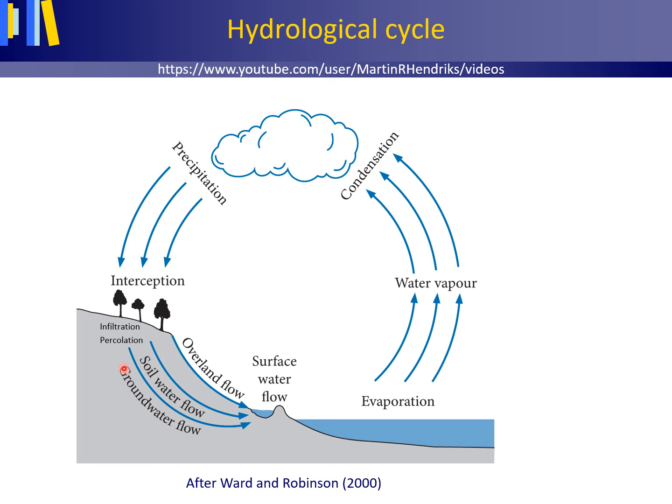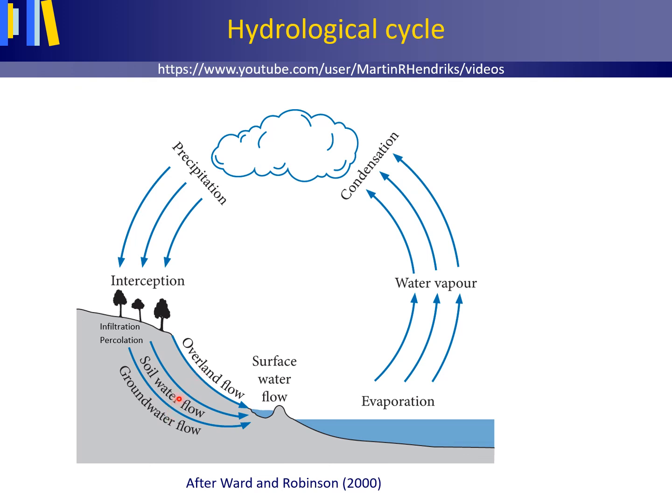Water stored as groundwater can very slowly contribute to surface water in the streams. Also, in sloping terrain, water can flow above the water table as soil water flow. Part of the water that does not infiltrate is stored at the land surface, from where it can flow over the land surface, a process called overland flow.